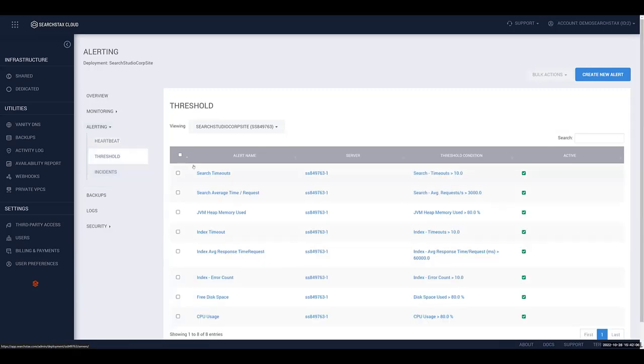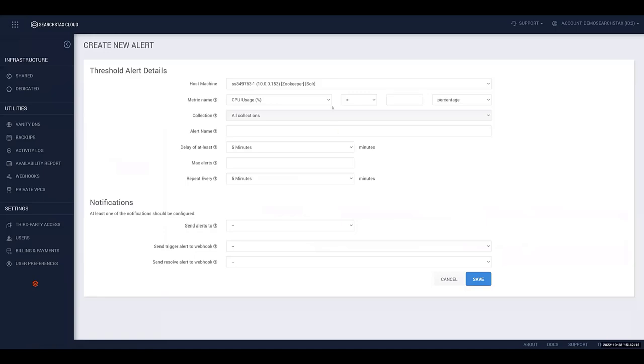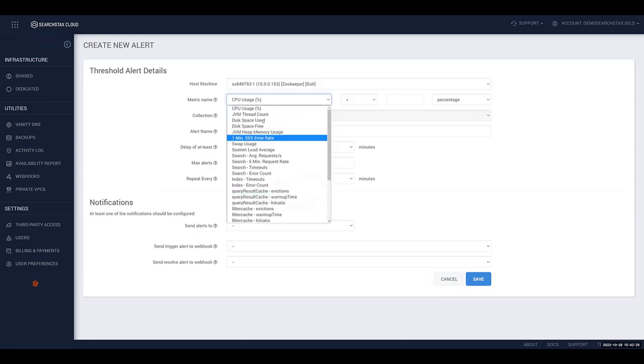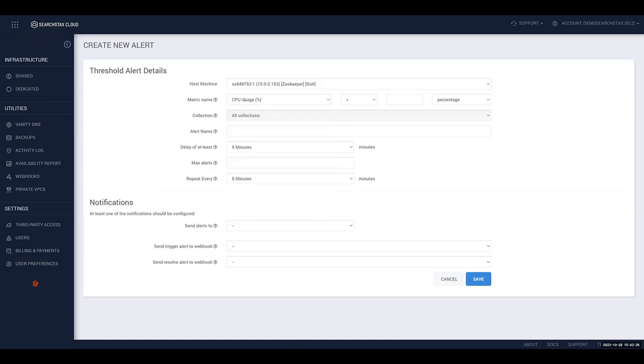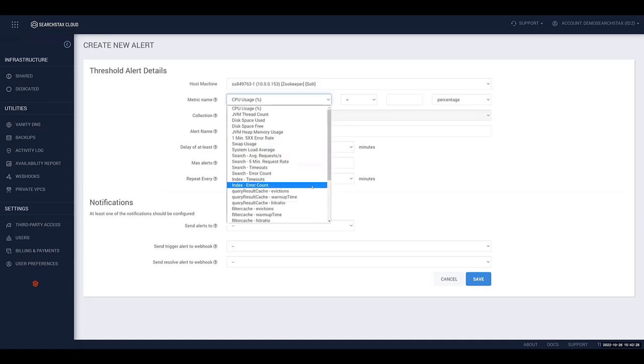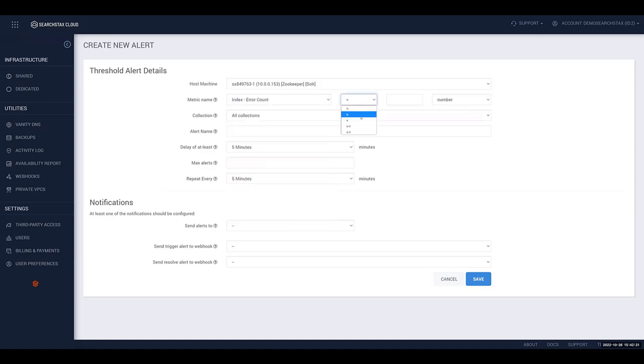It's a pretty easy alert, but all the alerts do operate in the same manner. So we're going to take a look at one of these threshold alerts. We're going to say create new. And you have the ability to select which host machine you want to look at. But more importantly, you can look at any one of the search analytics metrics and be able to do something with that. So for instance, let's say if our index error count becomes greater than